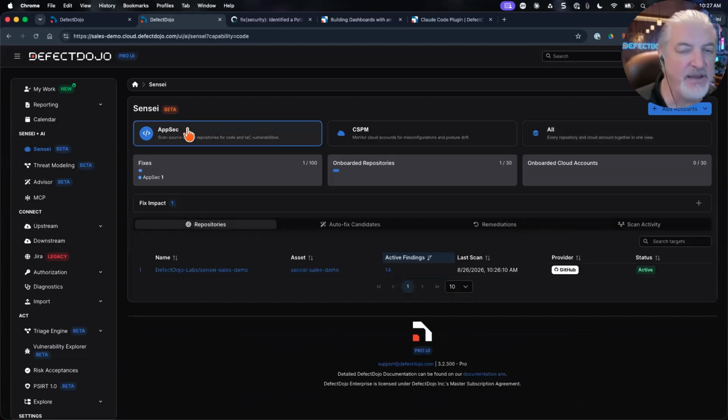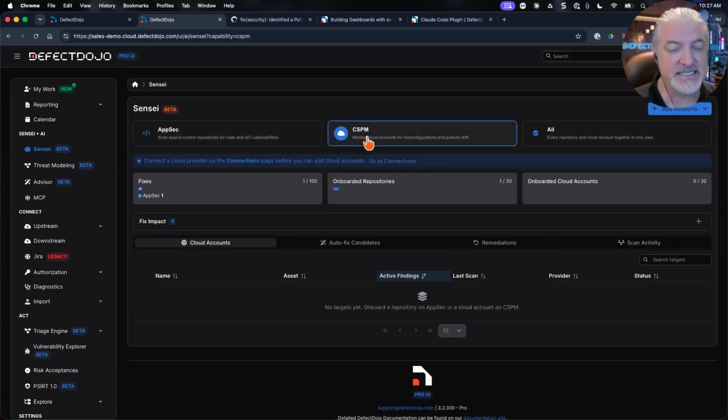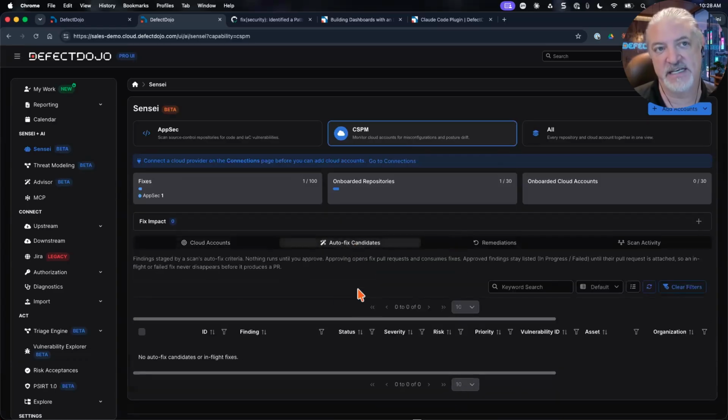One capability I will not be demoing today because it was released yesterday, essentially, is the CSPM, so Cloud Security Posture Management. Same story, second verse. It allows you to scan a cloud environment. We will check all of the security settings against the best recommended practices, etc. And we will show those as auto fix candidates, which you can then say, yep, fix that. And what it will do is it will not actually go and fix. It'll create kind of a PR for